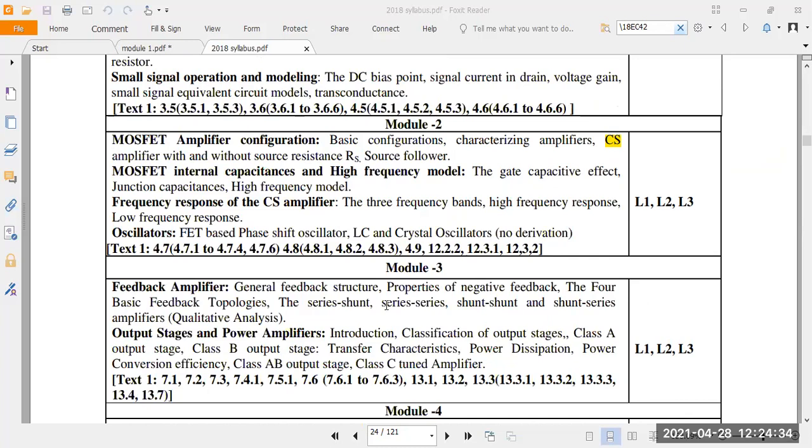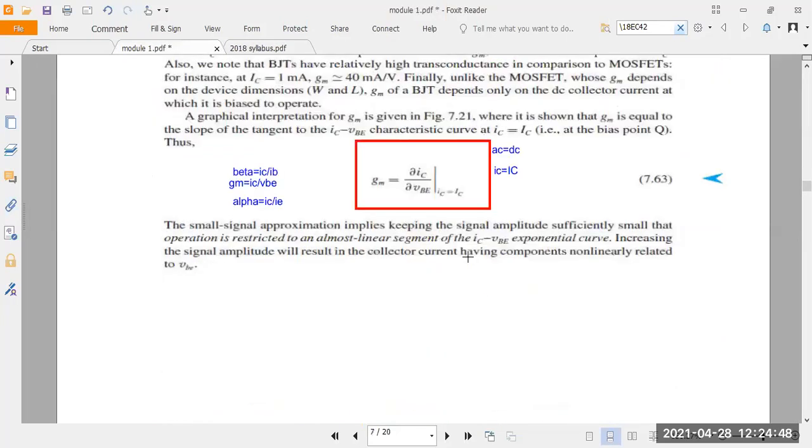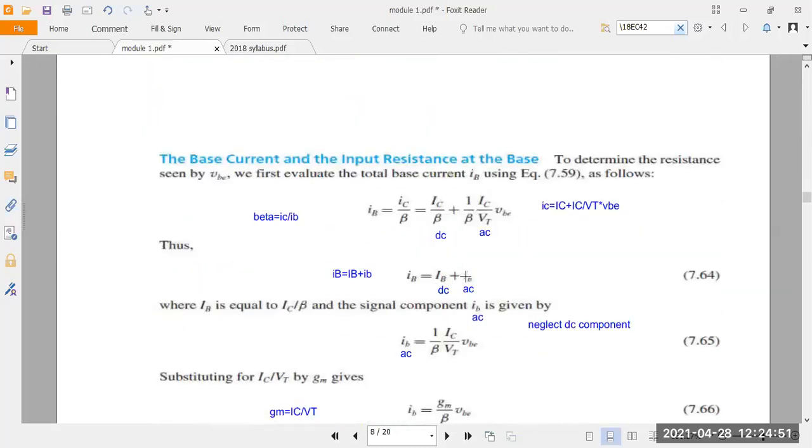Next you take here. What is the second one here? Model number 1, that is base current and input resistance at the base. Okay, next second topic for the BJT analysis, base current. Earlier what we took here was the collector current, right? Next you take the base current. Base means what here? Input current. Here we want to find out the AC input current with respect to the input resistance at the base.